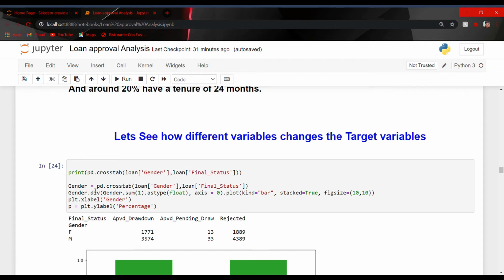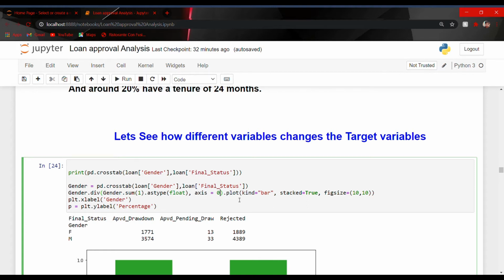Now using this, I have added it and I have converted the data type to float. If it were not float, then our data would not be added. So it's better to convert it into float, because if it is float beforehand, then there will be no change. But if it is object, then first it will be changed to float, and then the addition will be done. Then what does axis equal to 0 mean? It means column. Axis equal to 0 means column, while axis equal to 1 means rows.